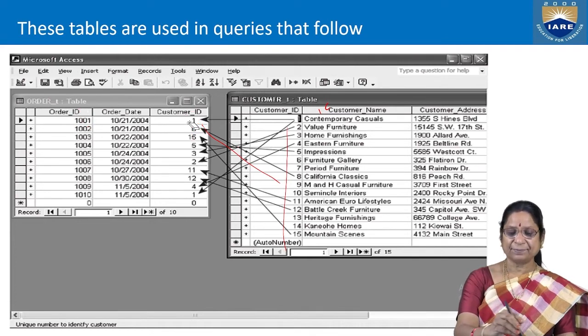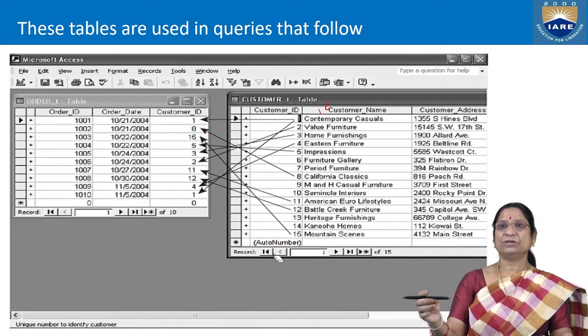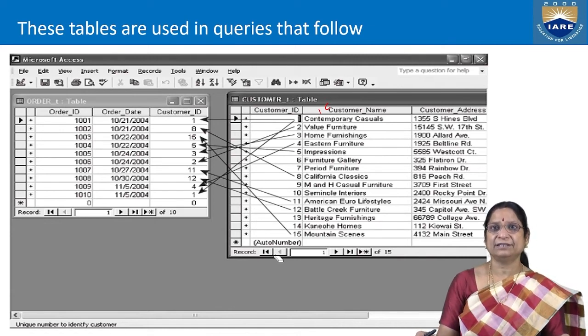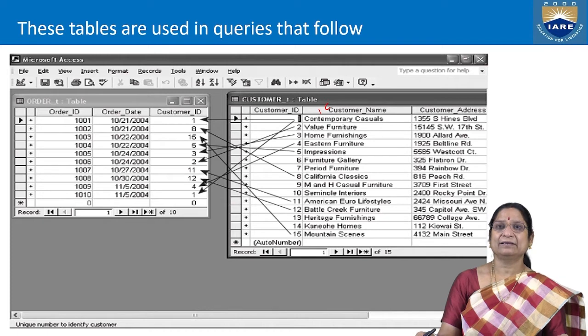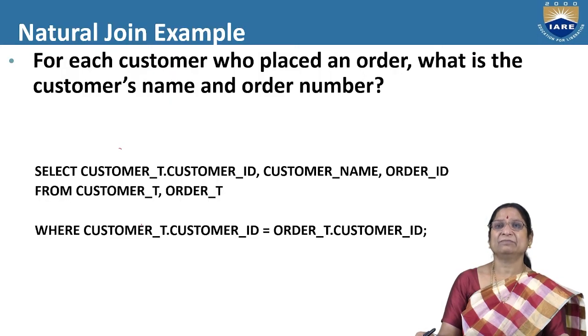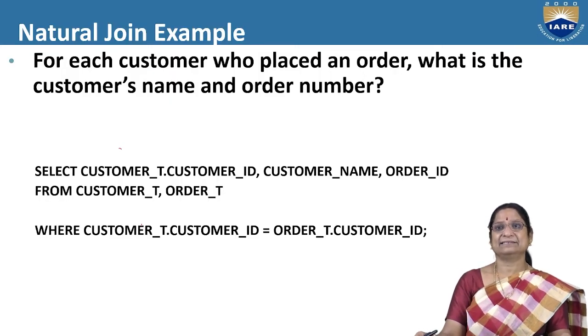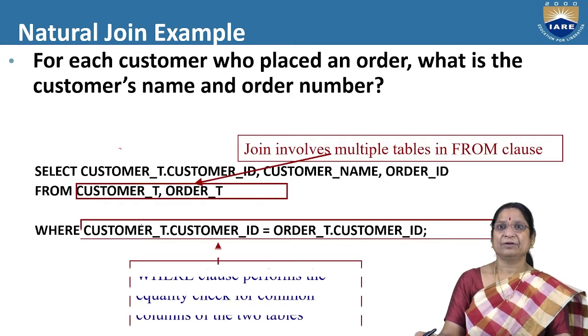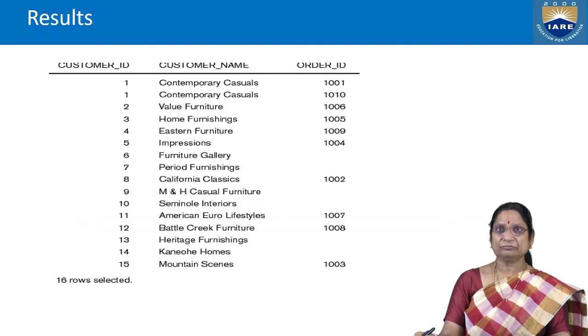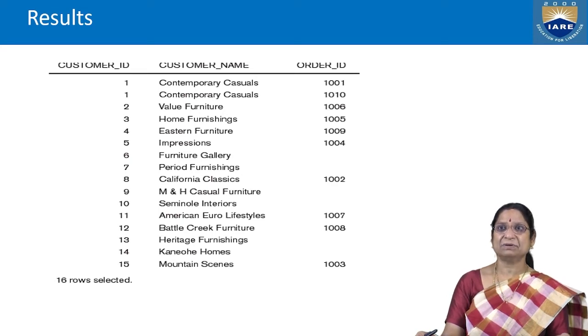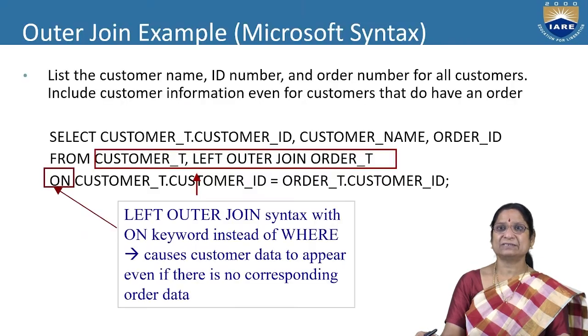So this is happening as we know that m tuples are there in the first table, n tuples are there in the second table, mn mappings have to be considered by us. So like this we are going to get customer ID equal. So the respective customer ID, customer name, order ID will be displayed. Like this the process is going to be carried out.